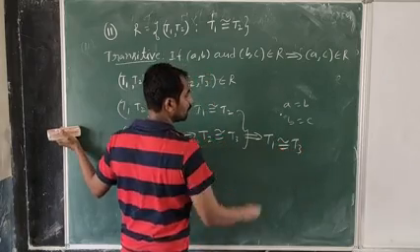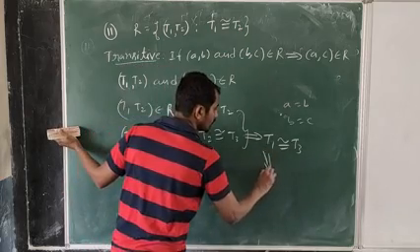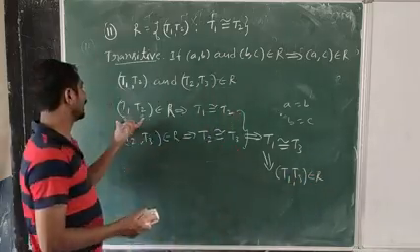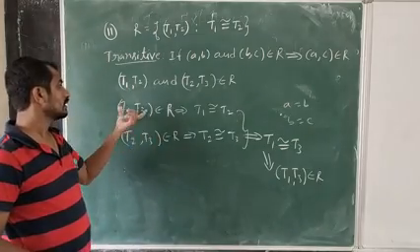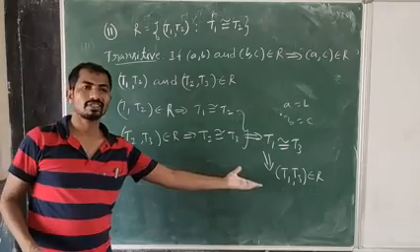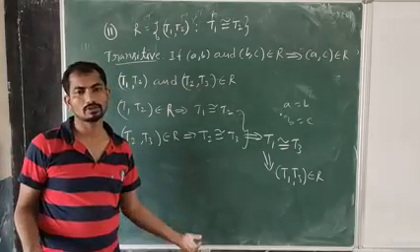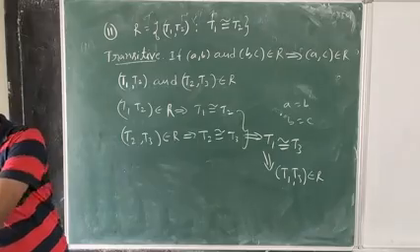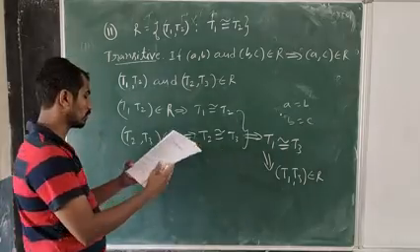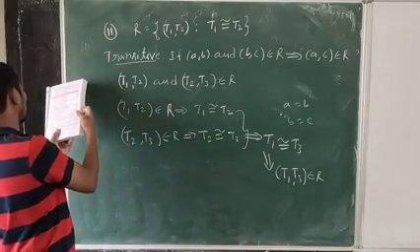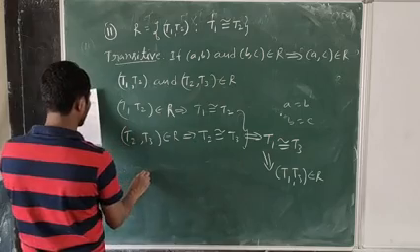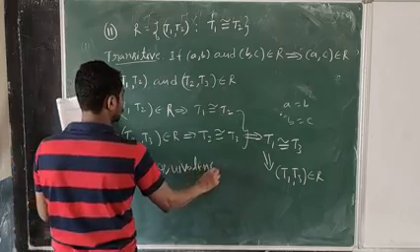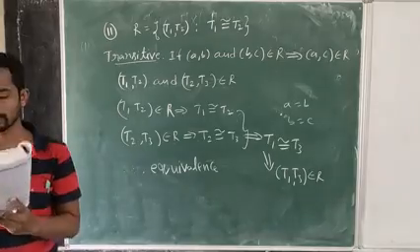Now T1 is congruent to T3 means the congruence condition holds. This is (A, B), this is (B, C). (A, B) and (B, C) belong to R. Then I am going to show (A, C), which means (T1, T3) belongs to R. Therefore, it is transitive, symmetric and reflexive. Therefore, it is an equivalence relation. That is what I wanted to show. Similarly, we can show that question number 12 is an equivalence relation.